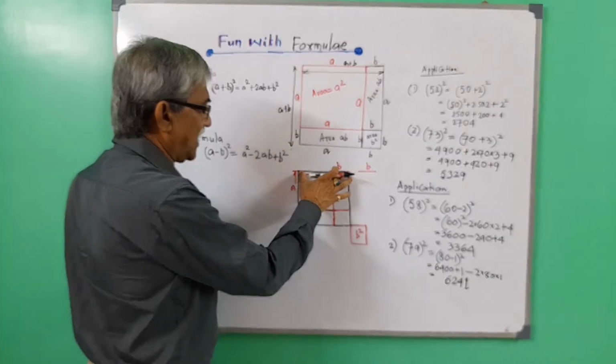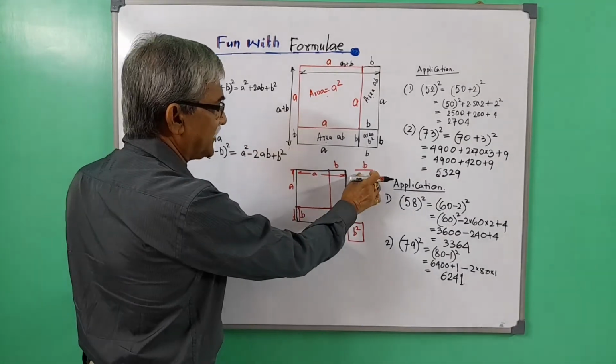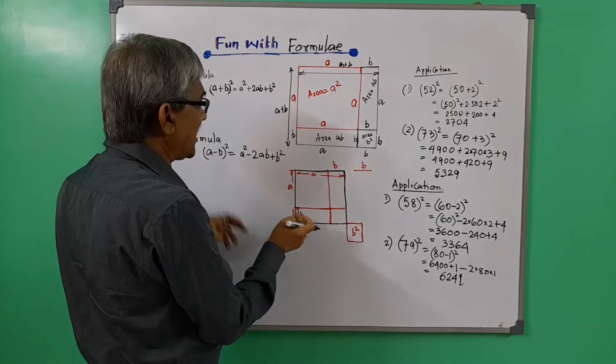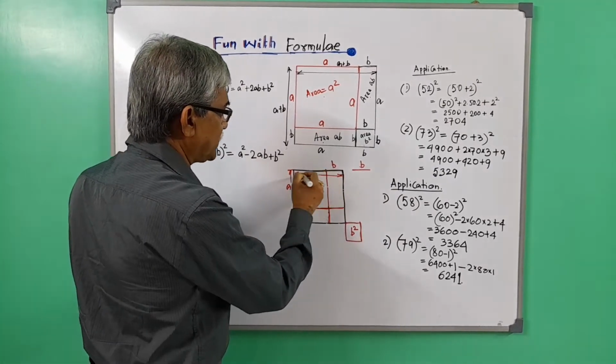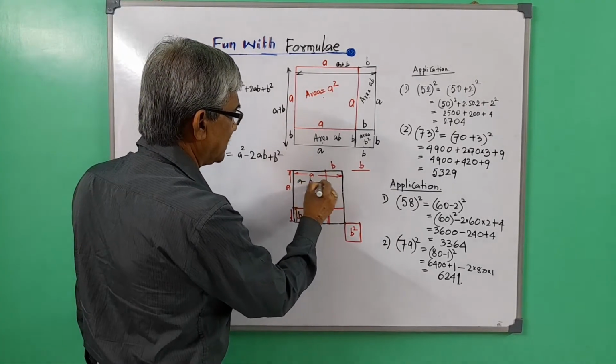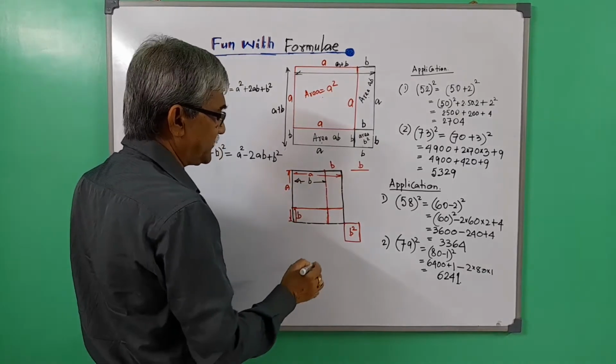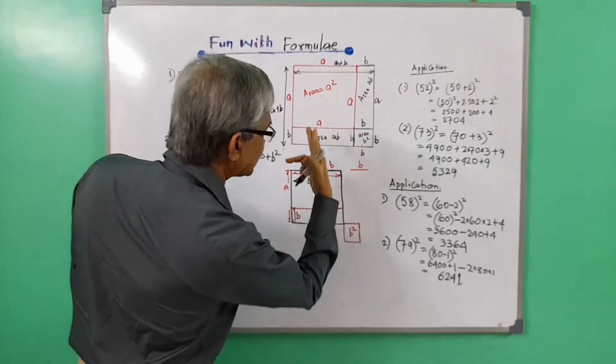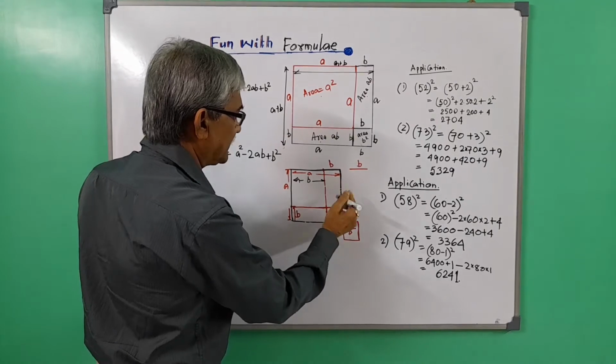Next we come down to the (a minus b) whole square formula. Here this entire length is a and say this length is b. So you have to subtract b from a. So this is your part a minus b, right? And you have cut down with a scissors from this area. This is ab.